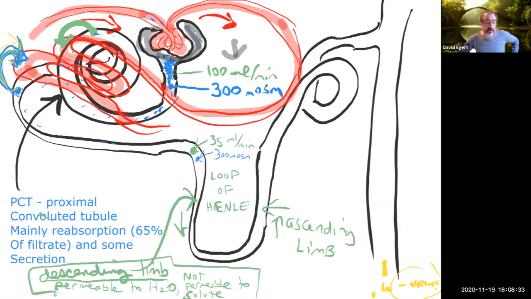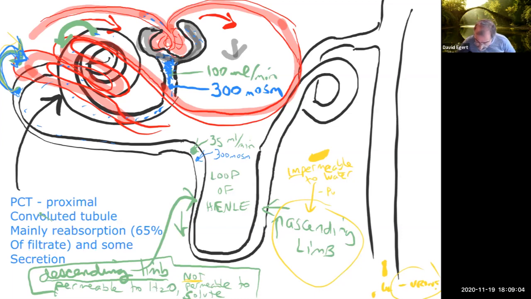So descending limb, permeable to water, but not permeable to solute. And again, this is all going to make sense in a few moments. The ascending limb is very different: impermeable to water. So not permeable to water,